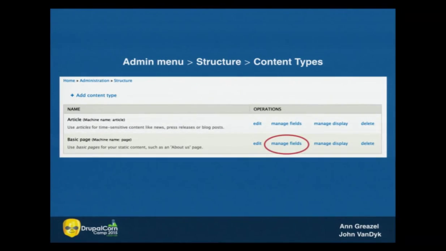Okay? And if you've been to some sessions, I know that Tess Flynn did one yesterday on content types. You can learn how to add content types, so you might want to watch that if you haven't seen that yet. That will help you with the idea of content types. But for today, we're just going to talk about basic page. So in order to add a taxonomy vocabulary, you need to go to Manage Fields.